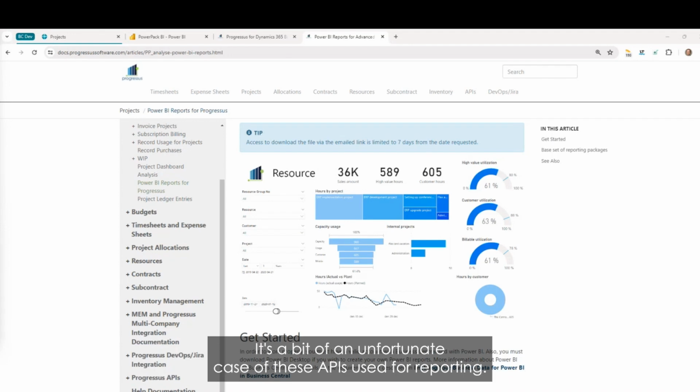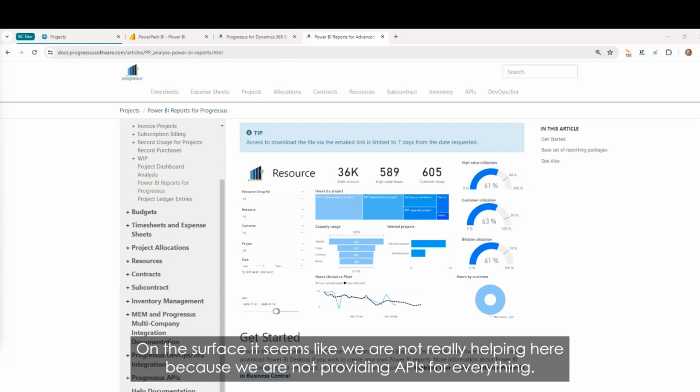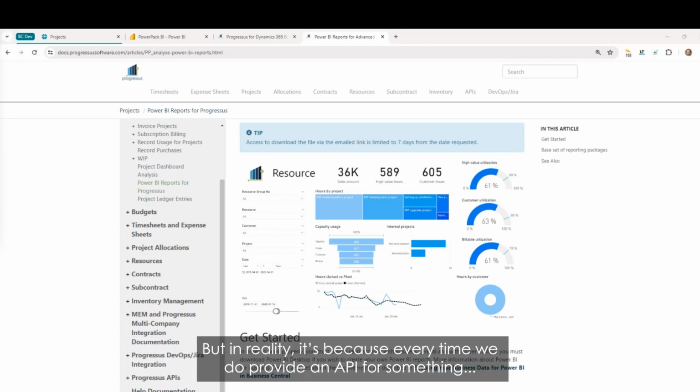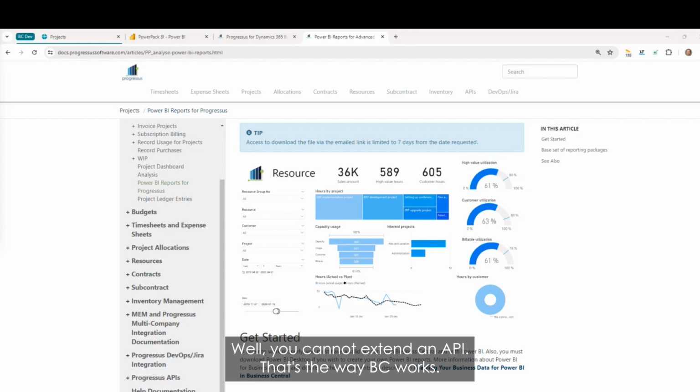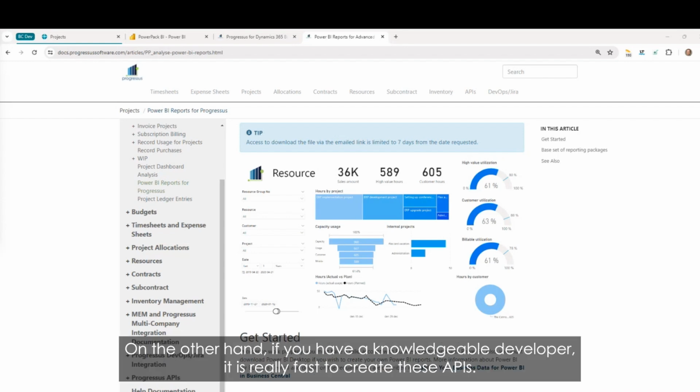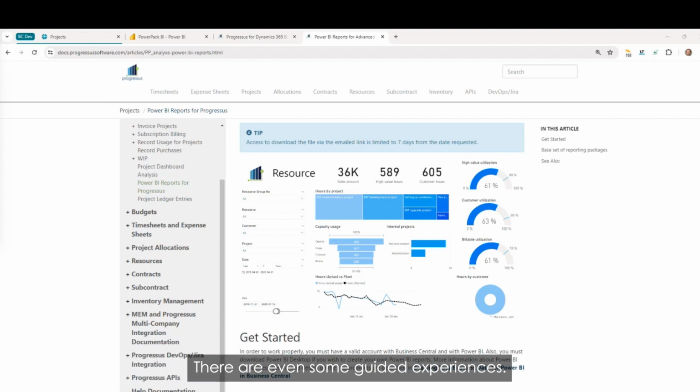And so it's a bit of an unfortunate case of these APIs used for reporting, that on the surface, it seems like we're not really helping here because we are not providing APIs for everything. But in reality, it's because every time we do provide an API for something, people always come back and say, hey, could you help us extend it? And it's like, well, you cannot extend an API. That's the way BC works. That's the model, unfortunately. On the other hand, if you have a knowledgeable developer, it is really fast to create these APIs. There are even some guided experiences